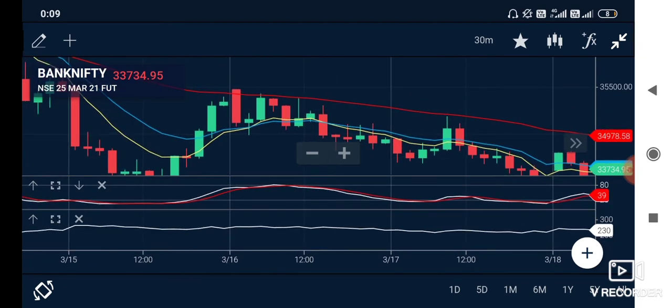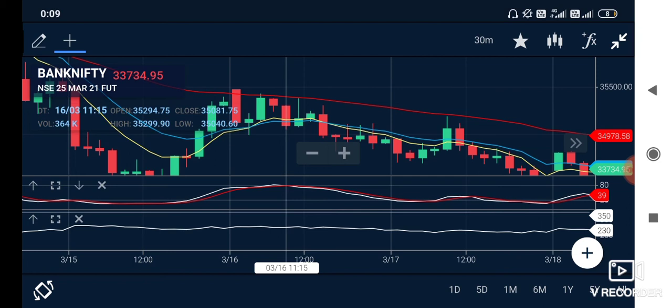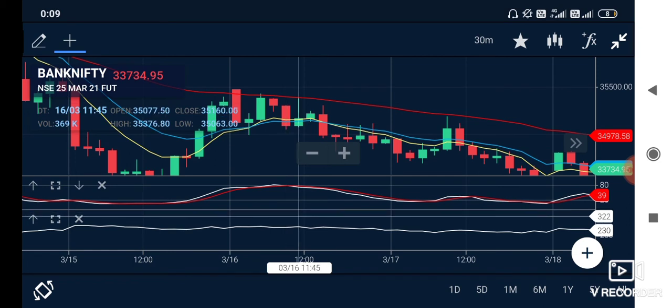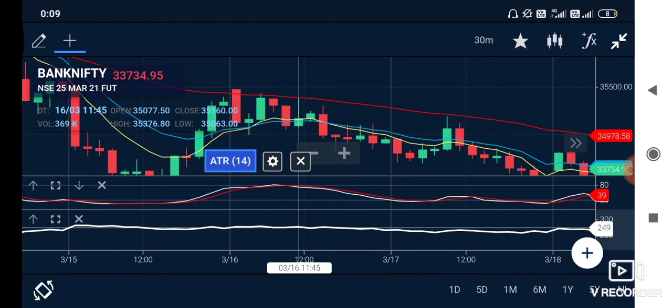Okay, so here is another position, an amazing position. This is the point wherein we would sell because the blue line is below the yellow, which is below the red, and there is a stochastic crossover. So right at this point, it's trading at 35,160, and from there, it's 250 points.